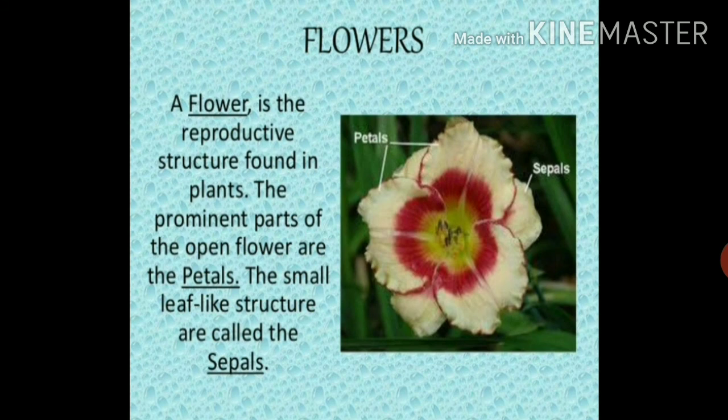Some flowers like clove, which means laung, and crocus means saffron, kesar. So some flowers like clove and crocus are used as spices or have medicinal uses. So flowers have medicinal uses also, and flowers are also used to decorate our houses on special occasions or festivals. So all these are the uses of flower.